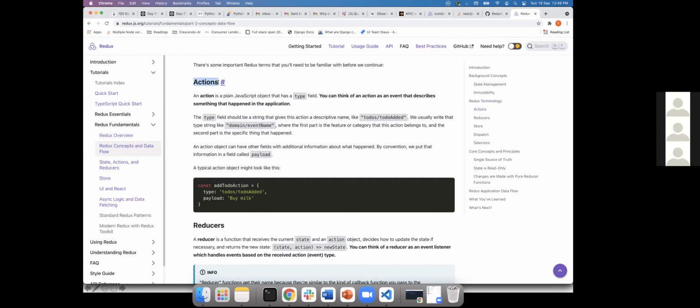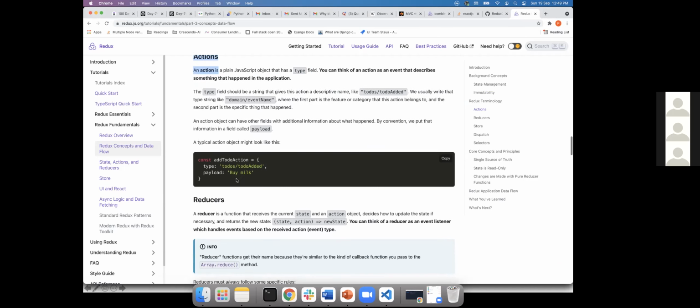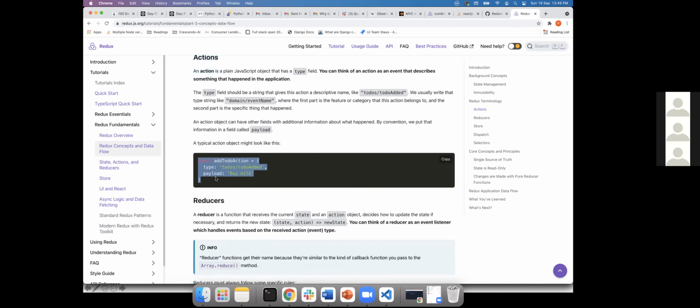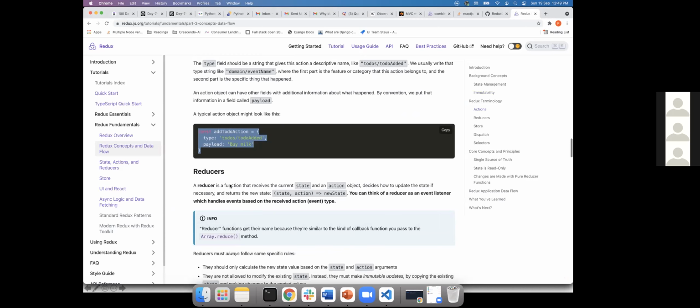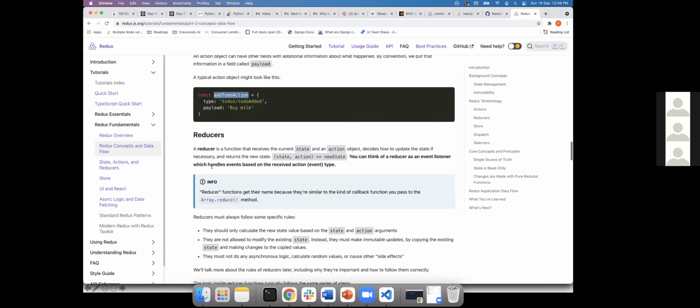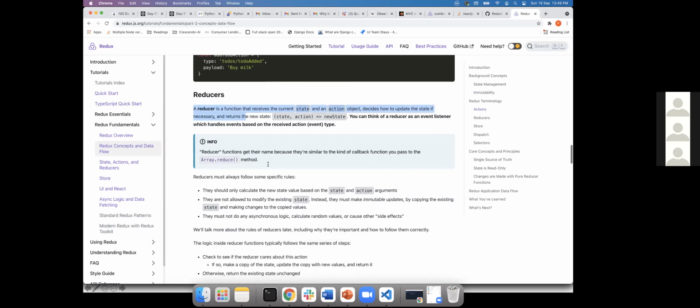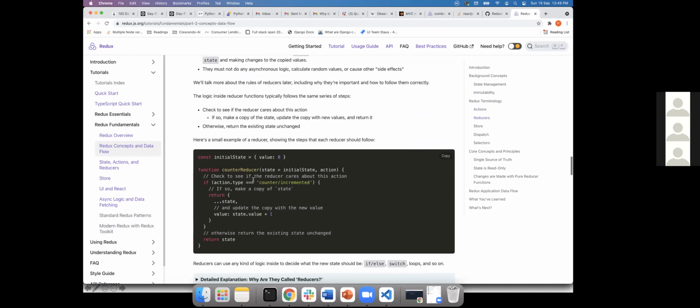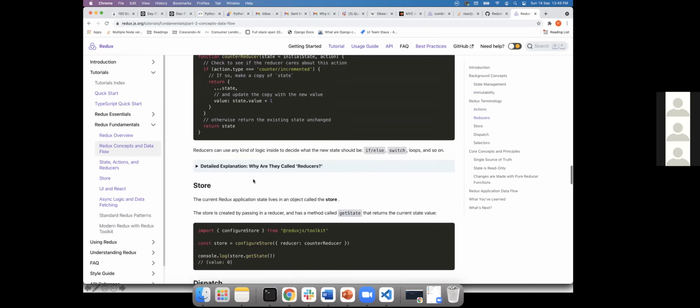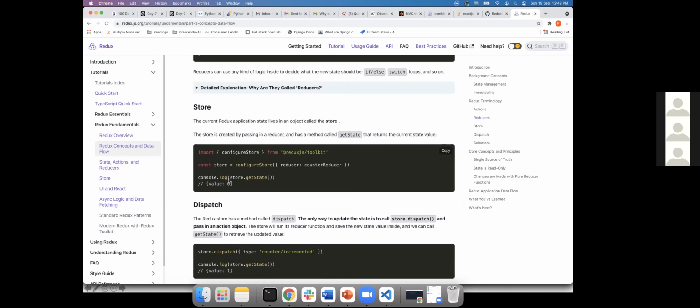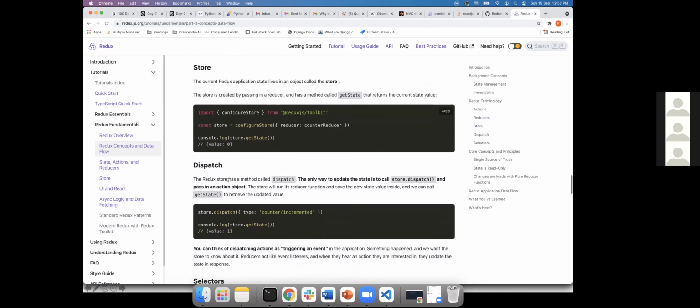We know an action is a function that returns a plain object, right? You can say this is an action also, but sometimes instead of returning this directly, we call a function, and the function will return the action. And we know what a reducer is. A reducer is a function that takes the current state and an action as input, and returns a new state according to the action you invoke, right? And the store, we know the store is a global one that retains all the information.